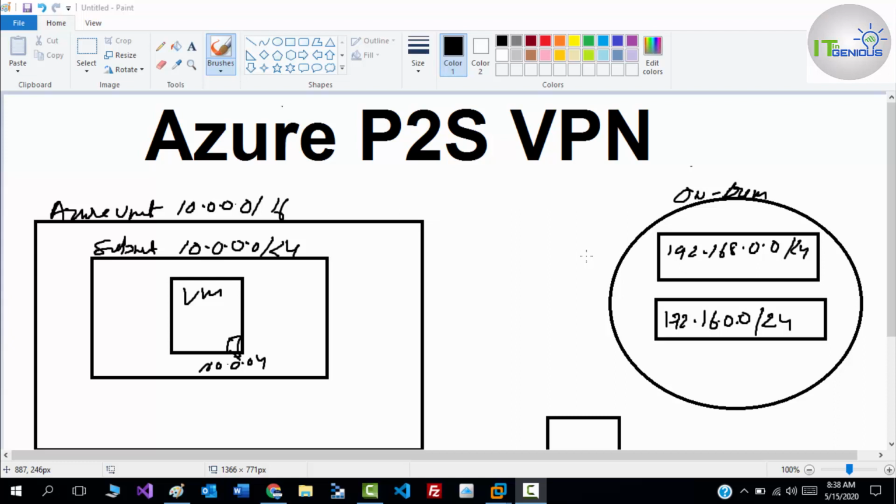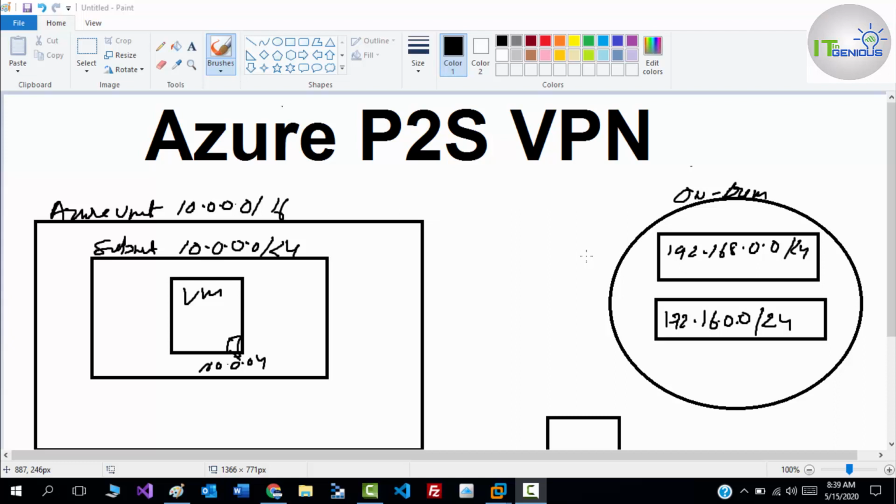So today we are going to discuss Azure Point to Site VPN, and I will show you a lab on how to set up a Point to Site VPN connection for your user who is working from home and who needs a VPN connection for accessing the network on his system, so that he would be able to connect his system through the VPN gateway on the Azure network.